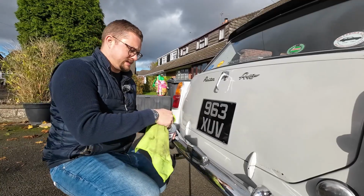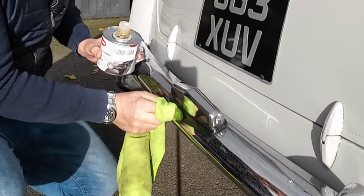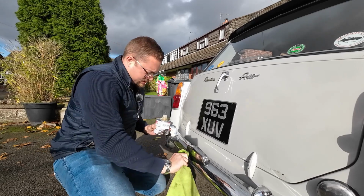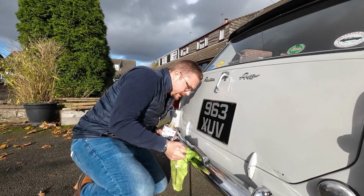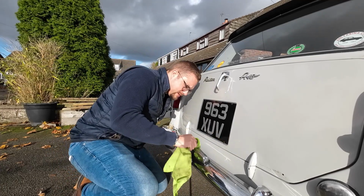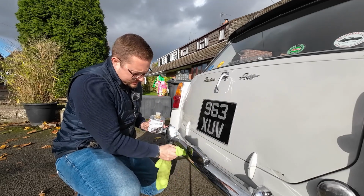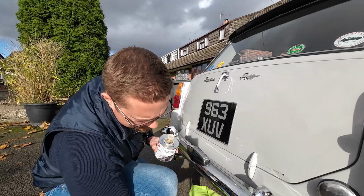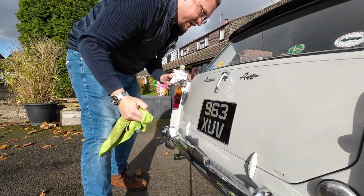And this is basically like oily rag treatment, almost. So pop it on there and you can already see this going a lovely black colour. And I'll also apply it to the lens because again it gives the plastic lens a little bit of protection. But yeah, that looks nice. Also got these little strips on the overriders. I've got an overrider on the front actually that's really